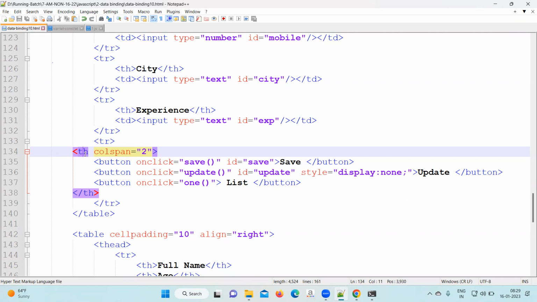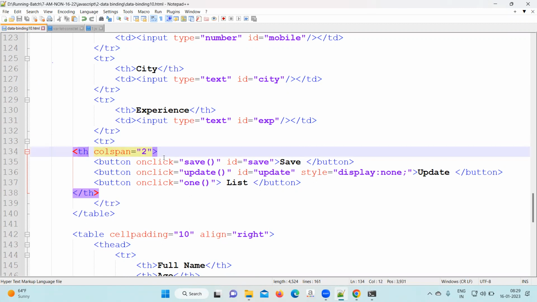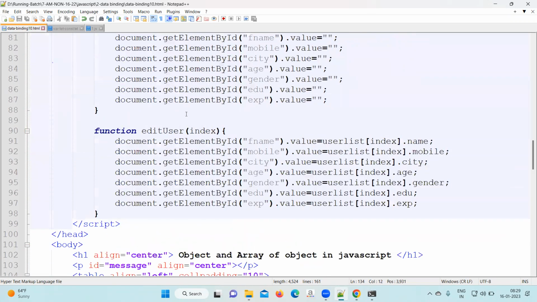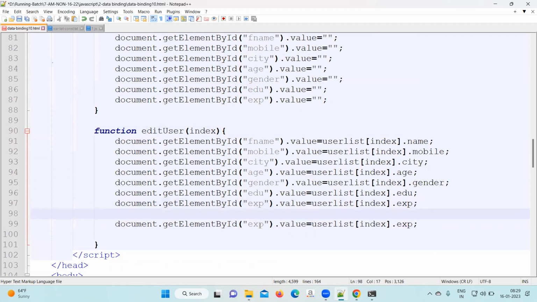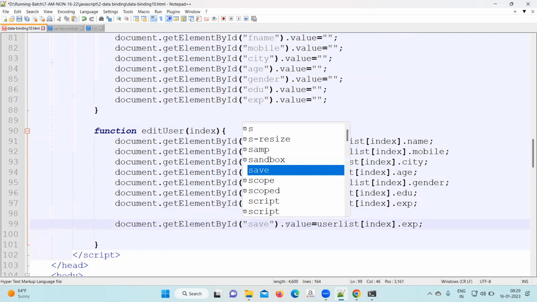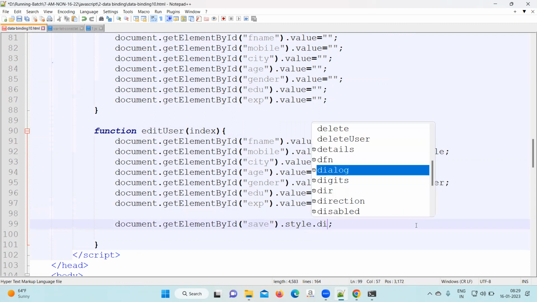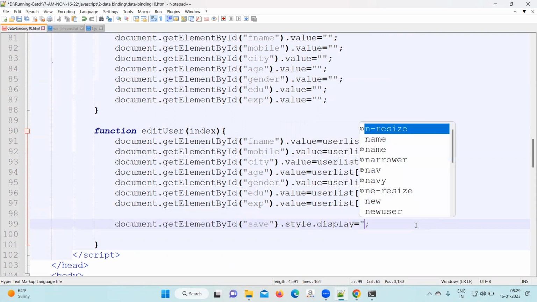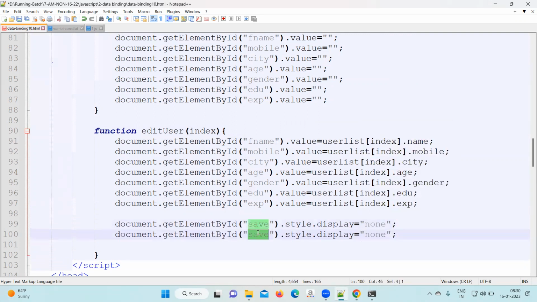Okay, ready? Next, after this, come to the edit function. That function I have written. In the edit function, what do you want to do? Save should hide and update should show. So document dot getElementById, which ID? Save. Dot style dot display equal to none. So save should become hidden and update